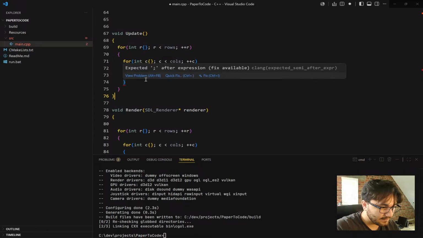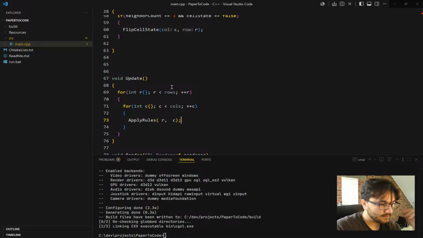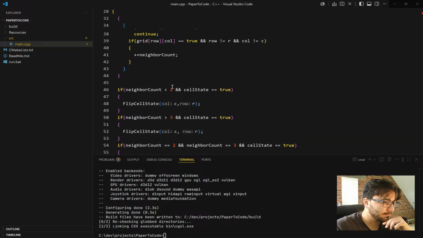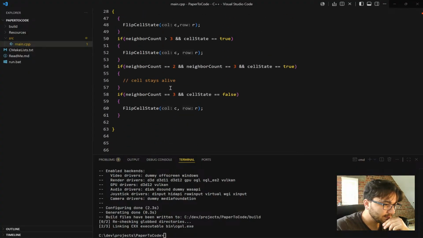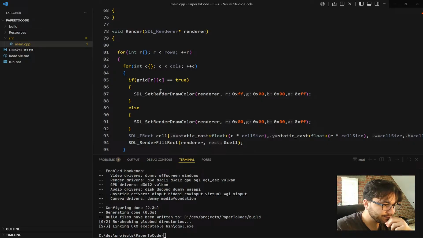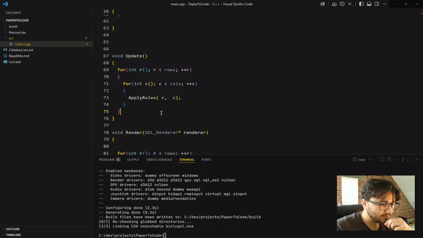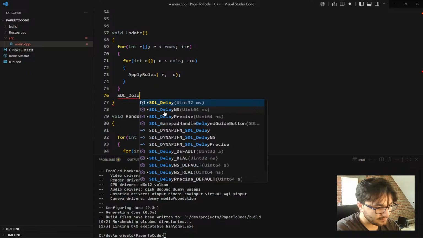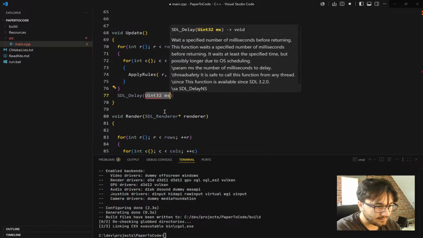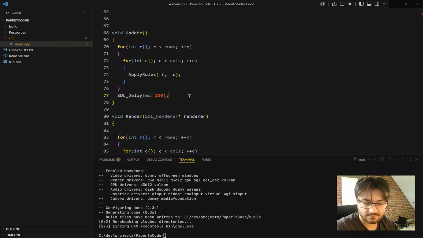Okay. This. Up. And then every frame gets rendered, right? And then I guess I can say as the delay 200 milliseconds. I'm not sure if that's going to be enough,